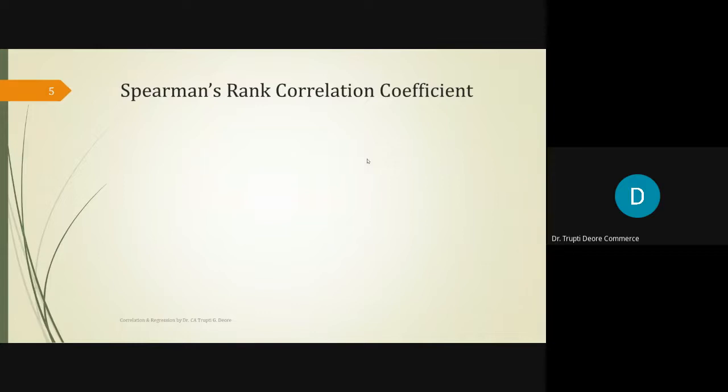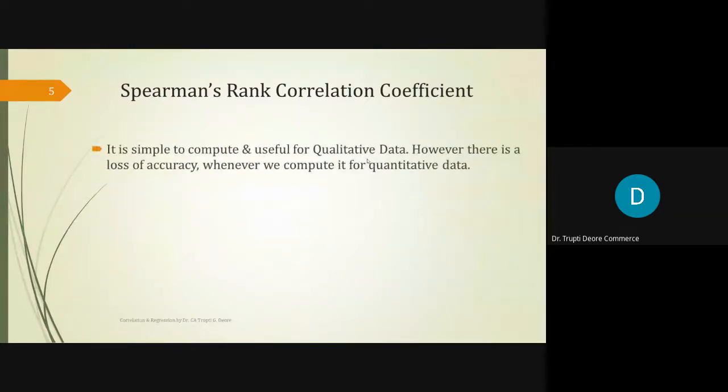Now Spearman's rank correlation coefficient. It is simple to compute and useful for qualitative data. So mostly it is used for qualitative data. However, there is a loss of accuracy whenever we compute it for quantitative data. It can be used for quantitative data also. So Spearman's rank correlation coefficient can be used for qualitative as well as quantitative data. But for quantitative data, it may lose accuracy because the calculation depends on the rank basis. So there may be a difference between the quantities, not defined as accurately as by Karl Pearson's